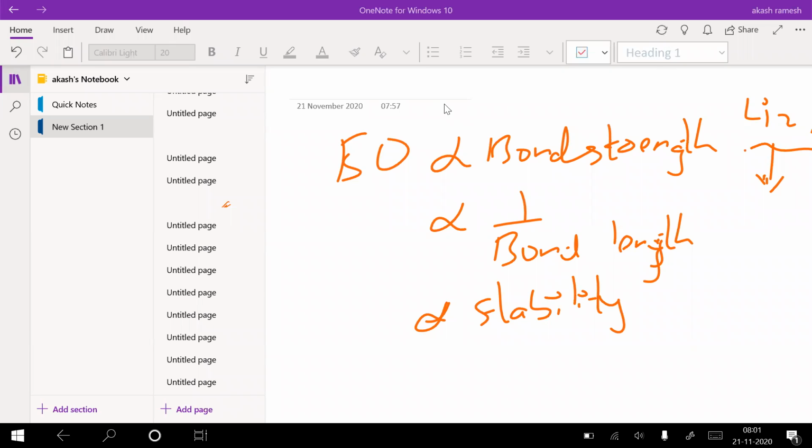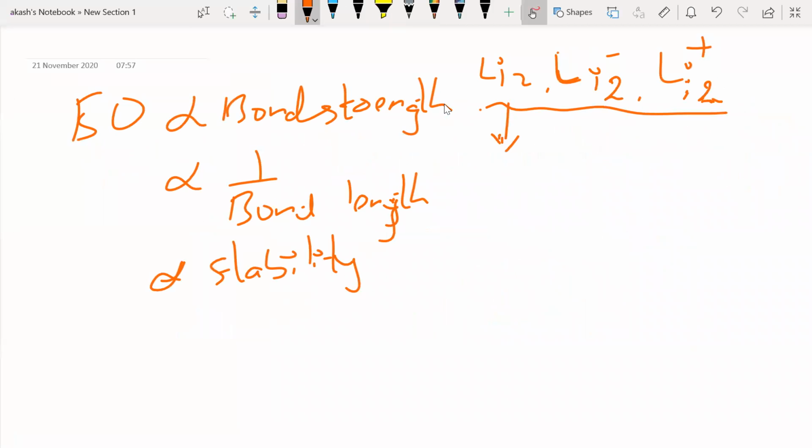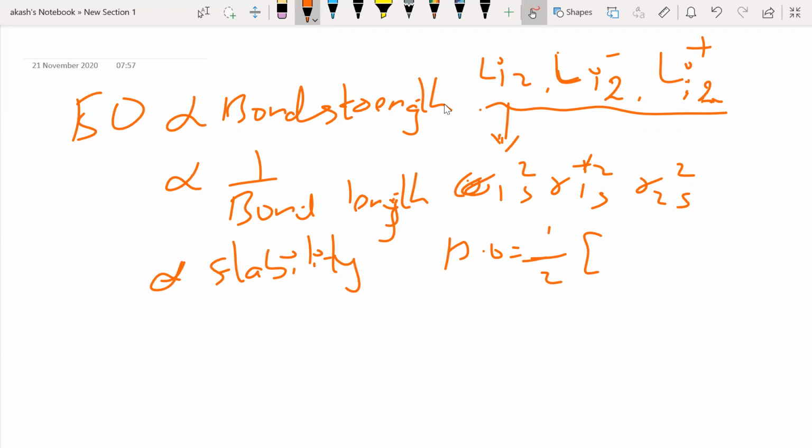Half. Okay, we'll check that. Fine. Now lithium has 3 electrons, so Li2 has 6 electrons. I can write it as sigma 1s2, sigma star 1s2, and sigma 2s2. Lithium has 3, so Li2 will have 6. Now if we calculate the bond order, that will be half into